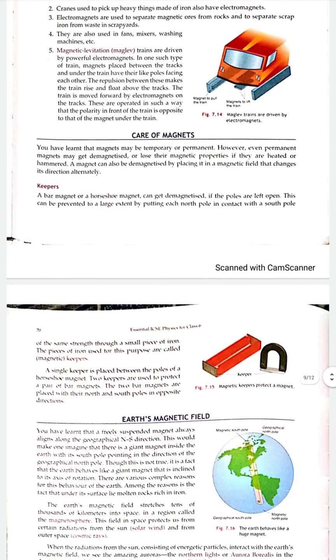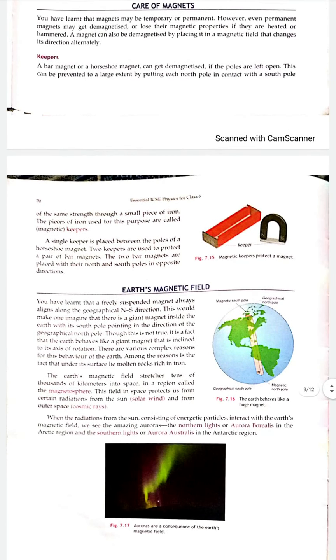In the directional property, at last, we have seen that a suspended bar magnet always points towards a particular direction. The direction in which its north pole is pointing, we call the geographical north. The direction in which its south pole is pointing, we call the geographical south. A suspended magnet points in this direction because it is working in the presence of a strong magnetic field existing around the earth, which is called the earth's magnetic field.